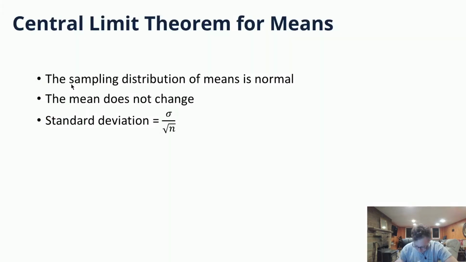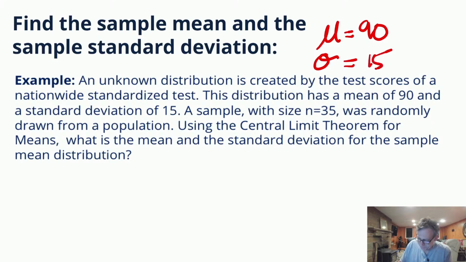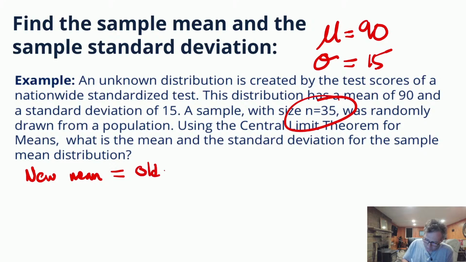Okay, so getting back to this, how are you going to do this for your homework? Well, let's start with this. An unknown distribution is created by the test scores of a nationwide standardized test. This distribution has a mean of 90 and a standard deviation, sigma, of 15. Sample size is 35. So the new mean will be the same as the old mean, which is equal to